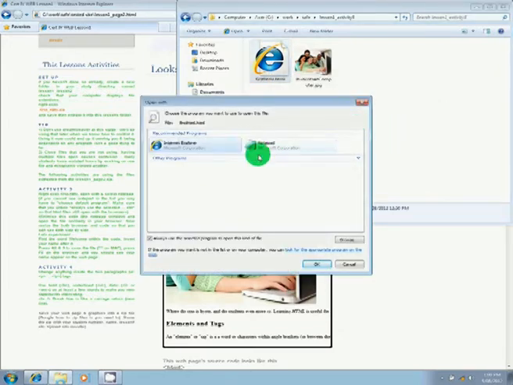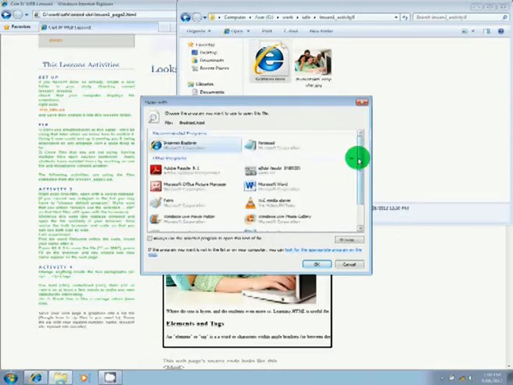Your Notepad won't be showing there because you haven't used it before, and what's very important is to untick this box here, because when we do choose Notepad, we only want it to open up in Notepad when we choose, as we always want the HTML to be opened up by the browser. So we untick that because we don't want Notepad to always open up HTML files. And then we click on select